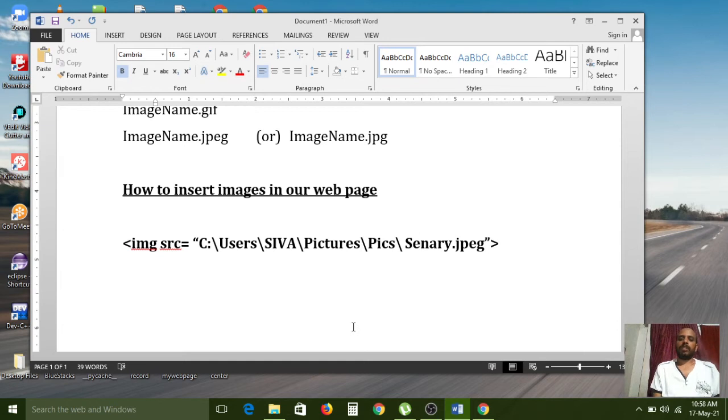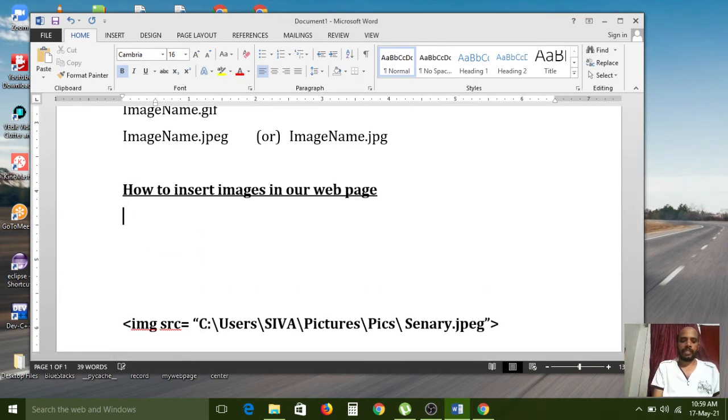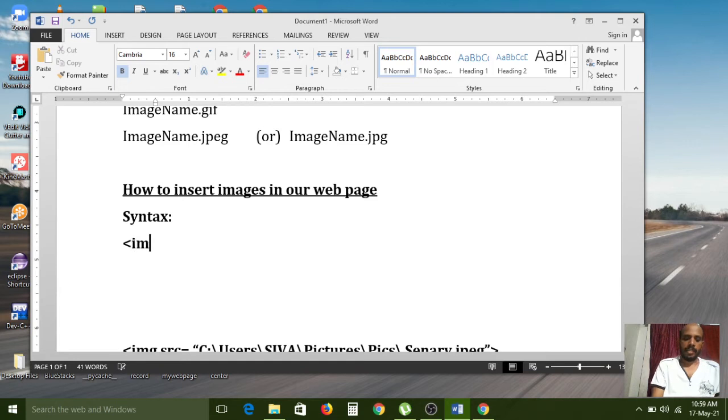After that, you need to give the picture name as well as the picture extension. So that is the syntax of this one. Here I give an example. First I am giving the syntax. IMG is the image, SRC is the attribute.